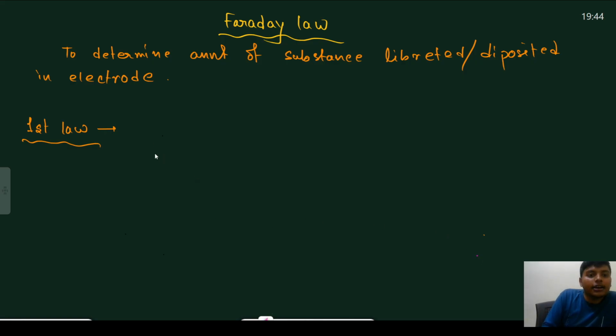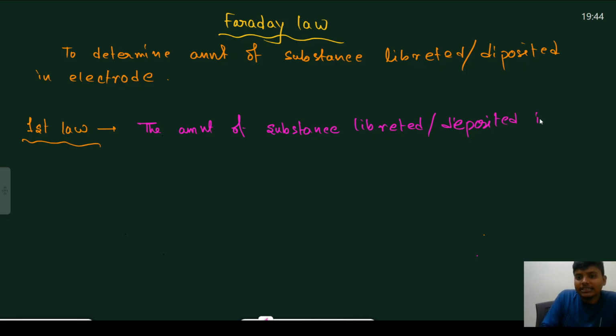So Faraday told that the amount of substance or gas, whatever, liberated or deposited is directly proportional to